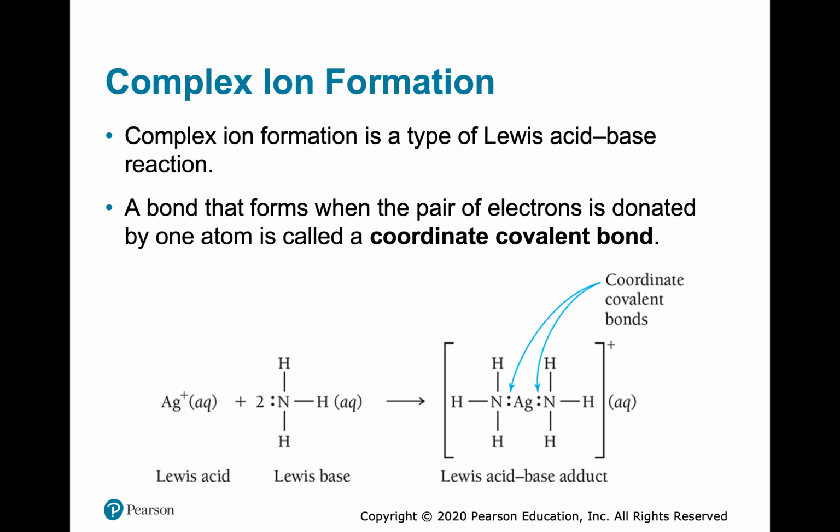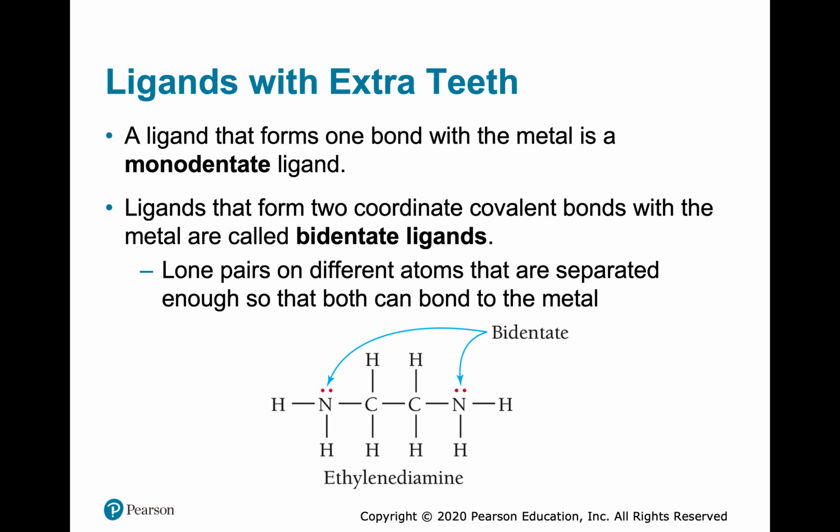I know we're using Lewis theory here, but I think of the electrons in terms of a fuzzy cloud that exists in many different places at once. So I don't necessarily say there are 2 dots connecting a silver to a nitrogen. I just see these electrons being shared between the nitrogen and the silver metal complex. And we've already talked about these single